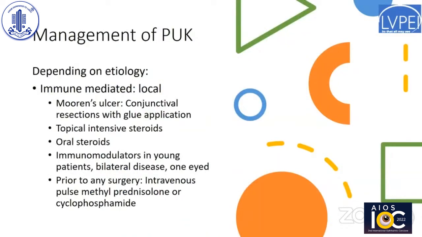The management of PUK also depends on at what stage the patient presents to us. In the case of Mooren's ulcer, we often resort to resecting the inflamed conjunctiva and applying either cyanoacrylate glue or amniotic membrane. If the patient comes with a perforation, we also resort to a Tenon's patch graft. Intensive topical steroids, oral steroids and immunomodulators are advocated. In very severe cases, and even in one-eyed patients, we switch to intravenous pulse steroids or cyclophosphamide or